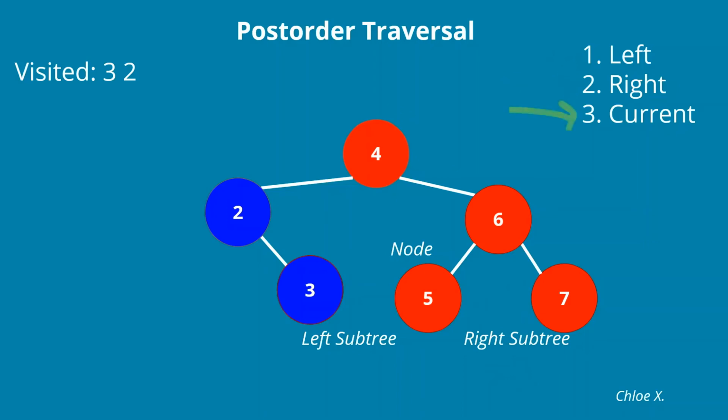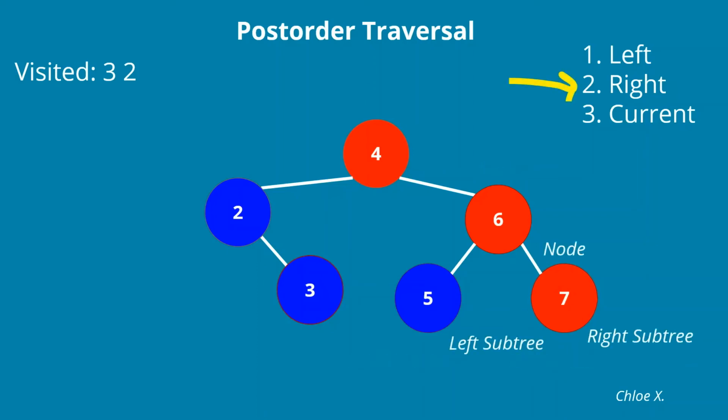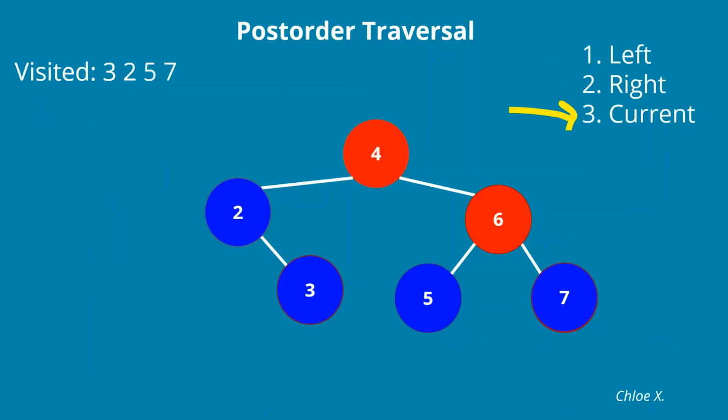So then we can mark 5 as visited and we'll go back up the recursive call stack to 6, who then will make a call to the right because that's step 2 of this algorithm. 7 is also a leaf, nothing in the left or right. So then we can finally mark 7 as visited. We can go back to 6 again. 6 is visited, and finally